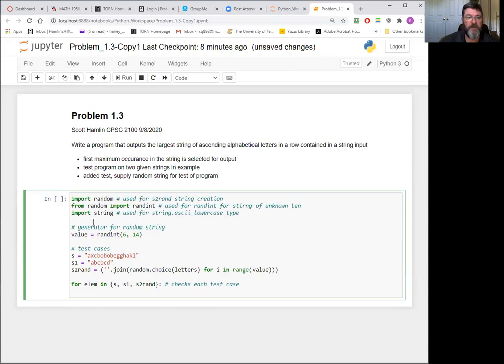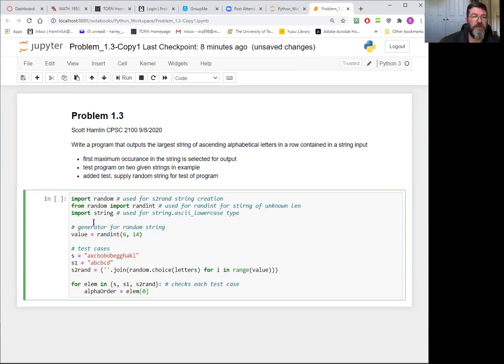All right, so my first variable, alpha order. This is my running record of what's alphabetized, and we want to initialize that, and we're going to initialize that with the very first